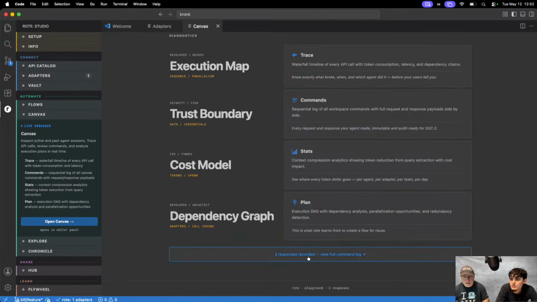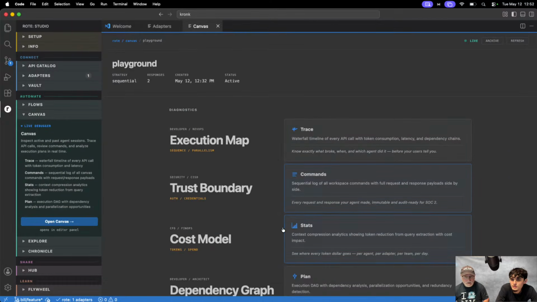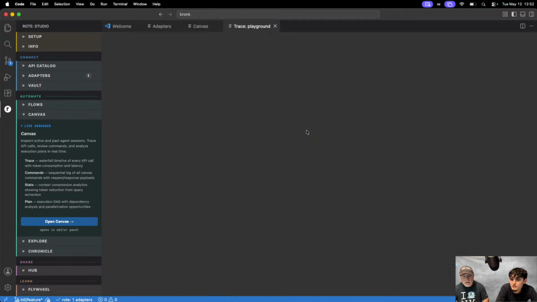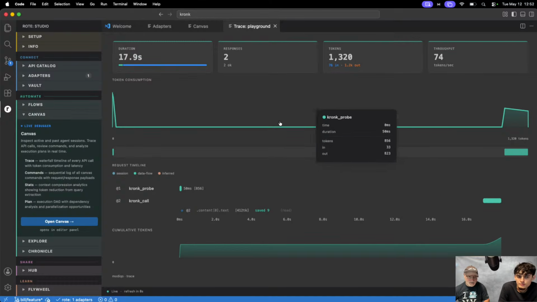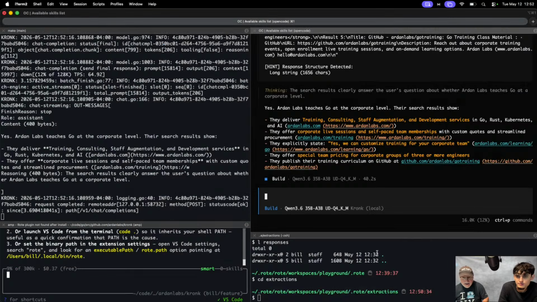Oh, there it is. Trace. It tells you token consumption. Right there. We used 1,320 tokens on the two responses, 76 in, 1.2 out. It's kind of cool that you get this information, right? But now that interaction should have been recorded.